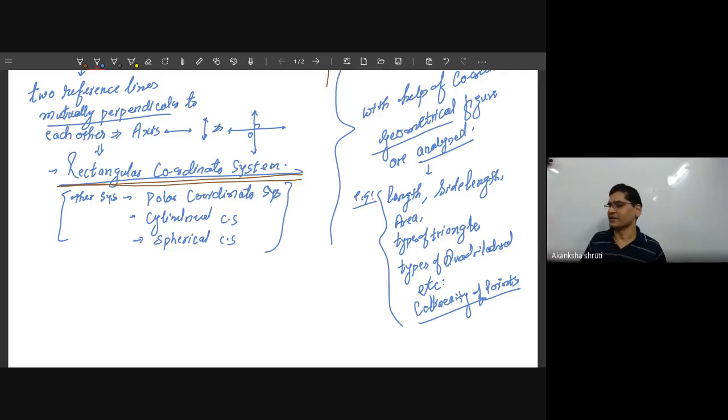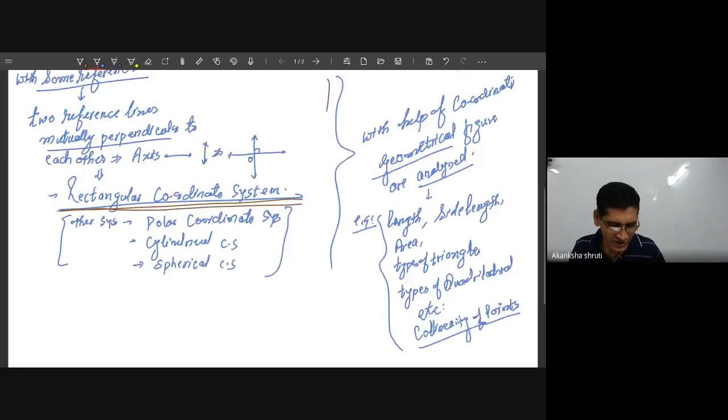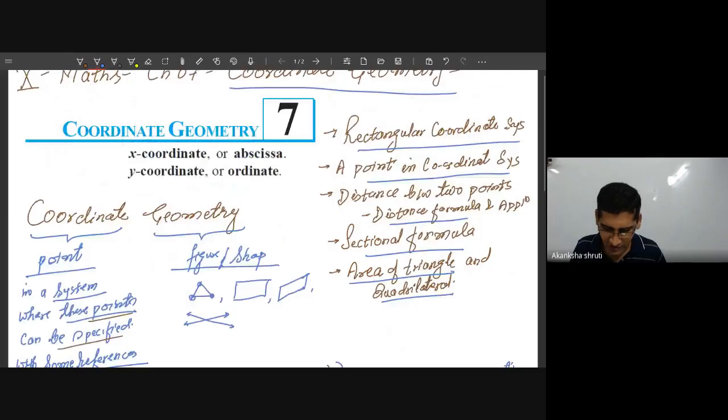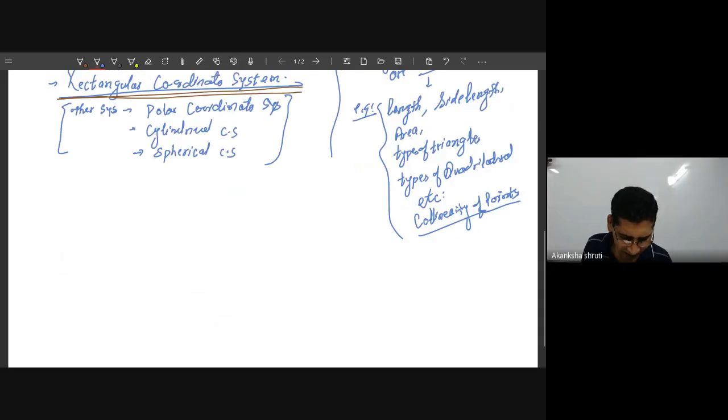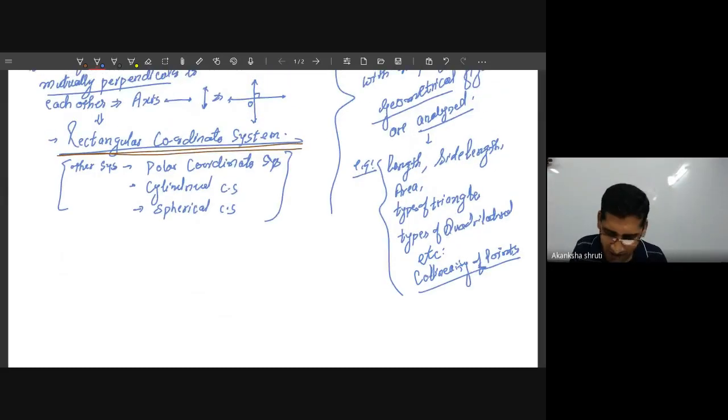That you will learn in class 11, by using the coordinate system or knowing the coordinates of the vertices of a triangle. How much each and every angle is can be calculated. What will be the altitude length can be calculated. What is the equation of a line can be calculated. Many more things. This coordinate geometry is in itself a branch of mathematics. But here you have to just learn about the introduction. So student, here we have to learn about the rectangular coordinate system.